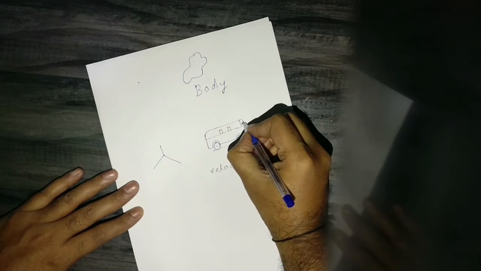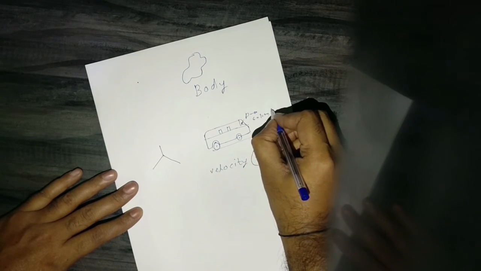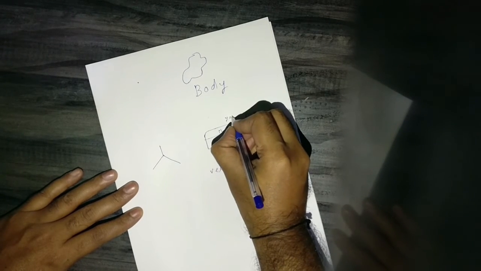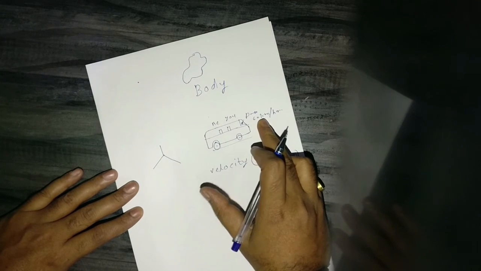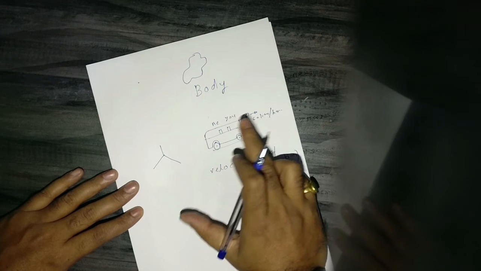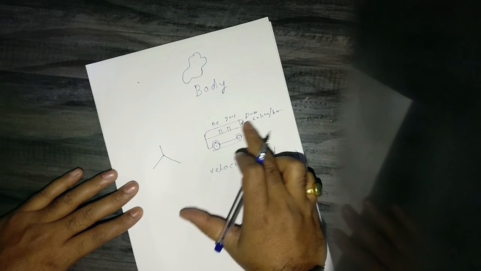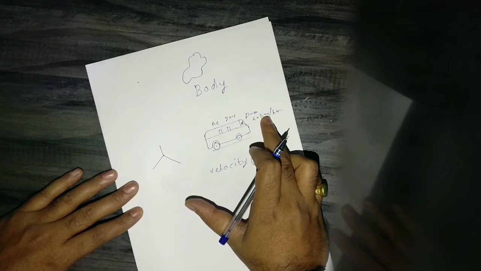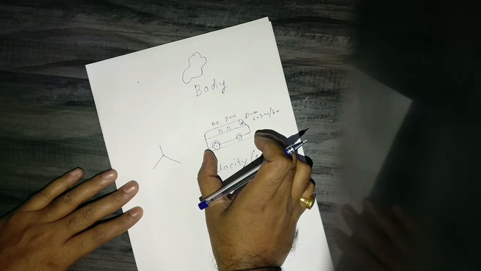So let's imagine the driver here is driving at say 60 kilometer per hour, right? And you're sitting here and I'm sitting right behind you. So if this driver is driving at 60 kilometer per hour, you and me both are traveling with 60 kilometer per hour in the same direction. So this bus as a whole body can be assumed as a particle.